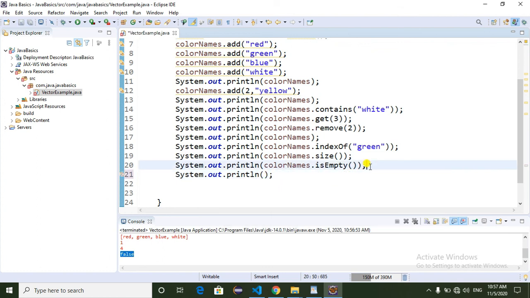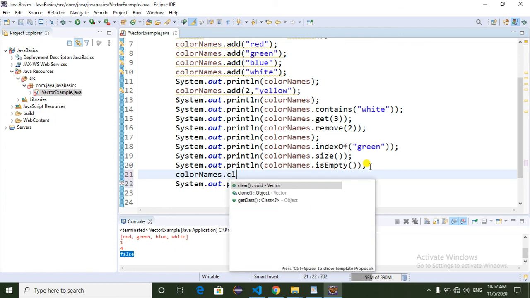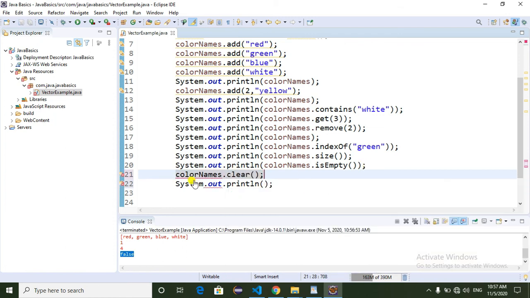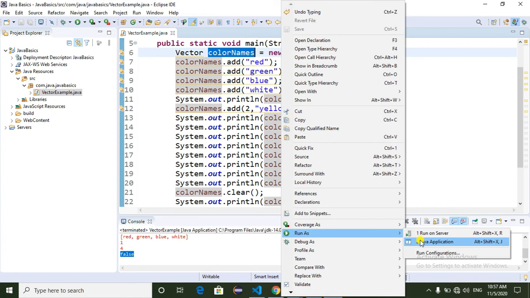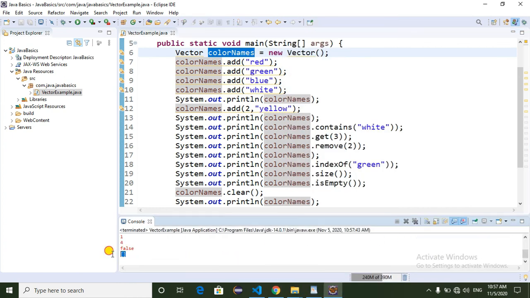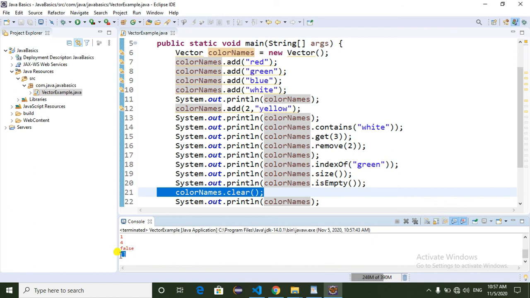Here I'm going to clear the elements. Finally I'm printing the vector object. So here we can see the vector is cleared. Finally the vector object is empty.